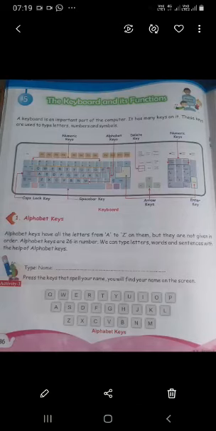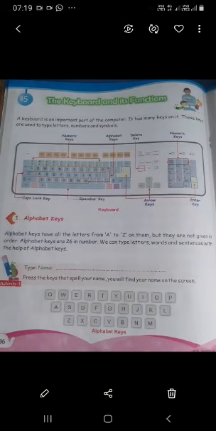Alright students, so we must know the keyboards and all the keys present in keyboards and its function. We must know the names of all the keys. Okay? A keyboard is an important part of the computer. It has many keys on it. These keys are used to type letters, numbers, and symbols.